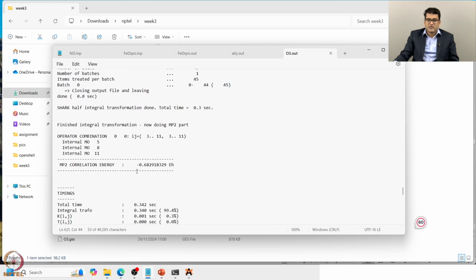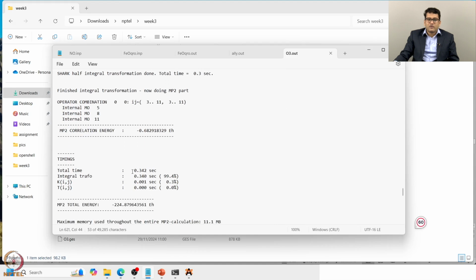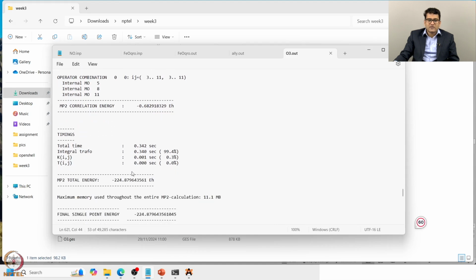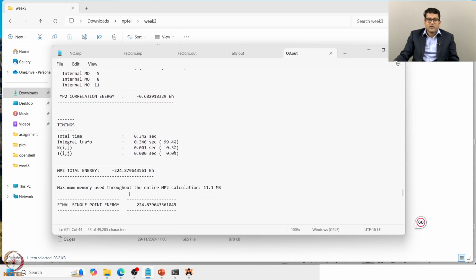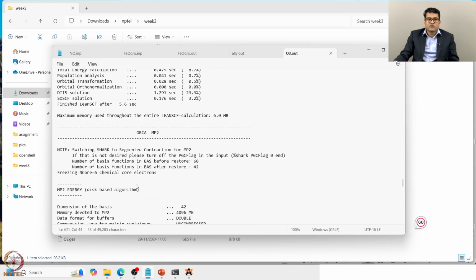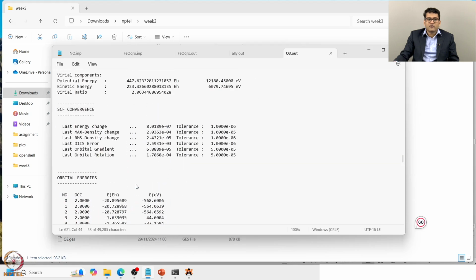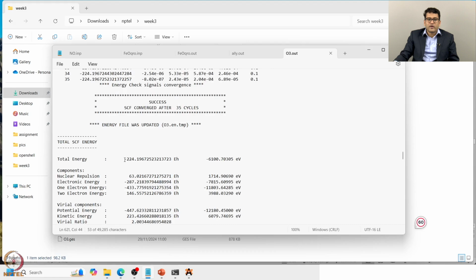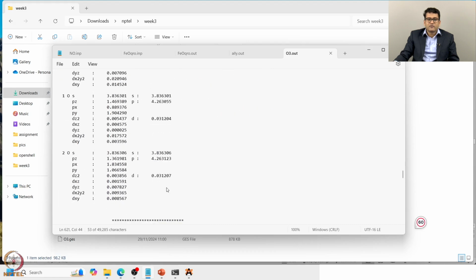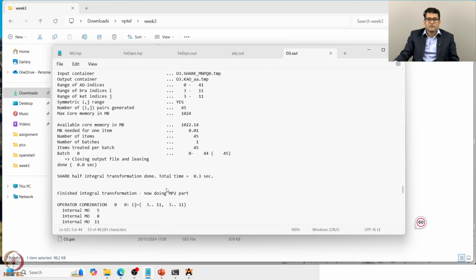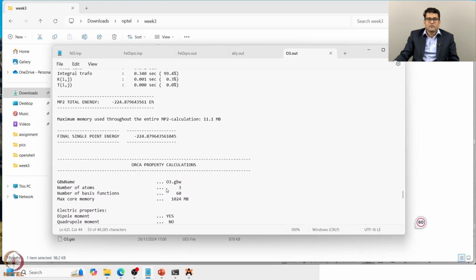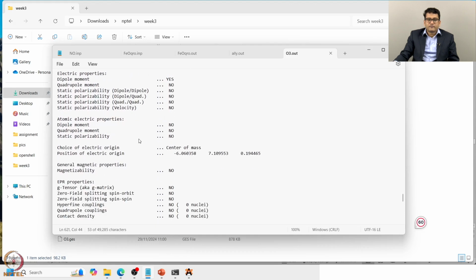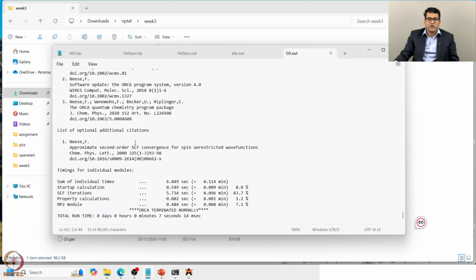your correlation energy is negative. Of course, the magnitude of the correlation energy does not really tell you anything, but you can see that it goes from the Hartree-Fock picture, which was 224.1967, now becomes 224.87. And again, if you go to the end and see the timings, it's still dominated by